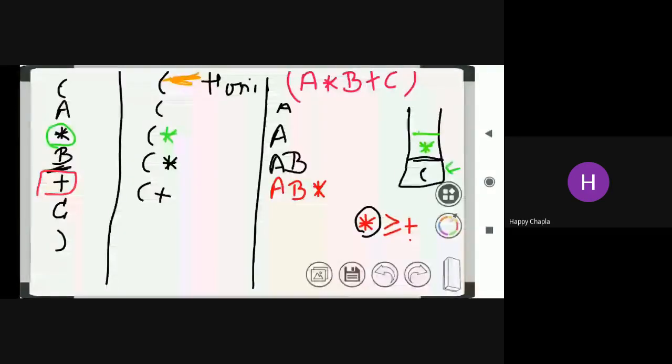Okay, now C is encountering. C is my operand, so A, B, star, and C. Now I am encountering the closing bracket. What is the rule of the closing bracket? Check your stack.